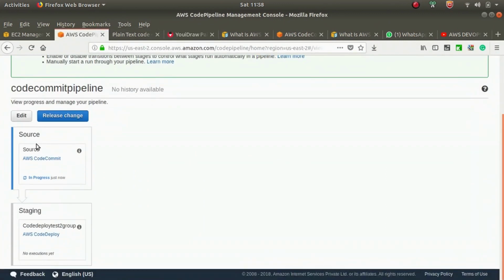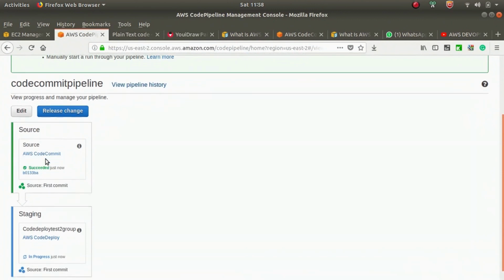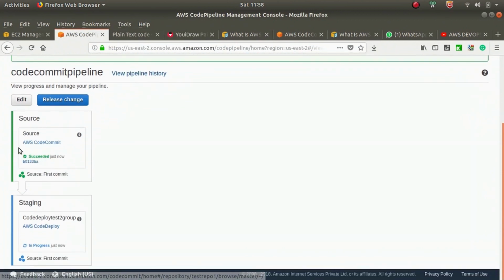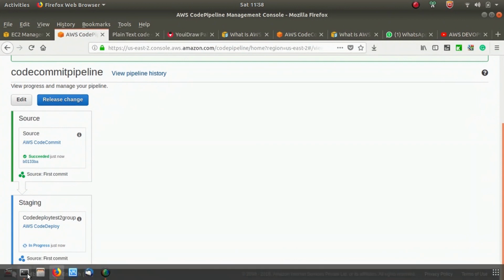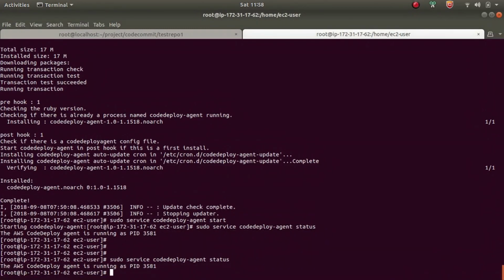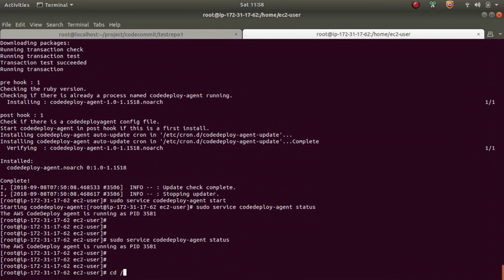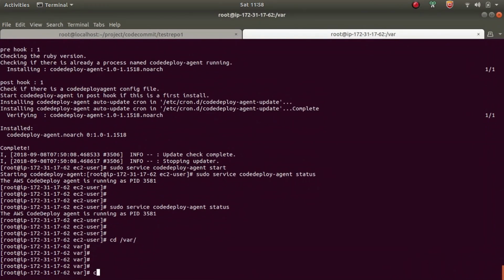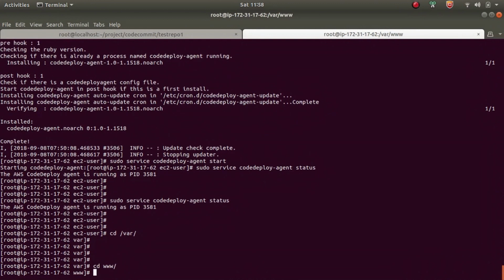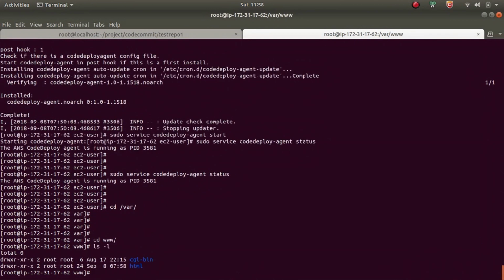You see the first process is in progress, and now it's succeeded. Now the second process, staging, is in progress. So this is our EC2 instance, and we go to var www.